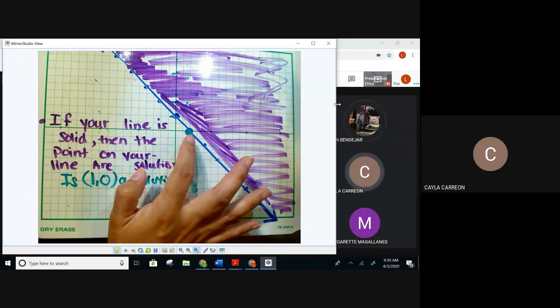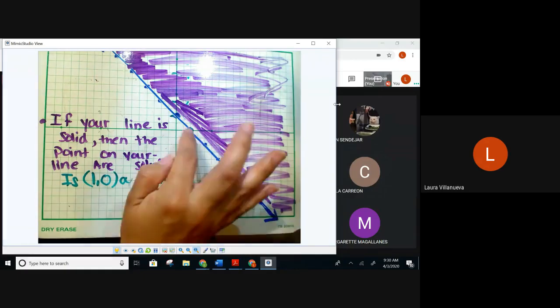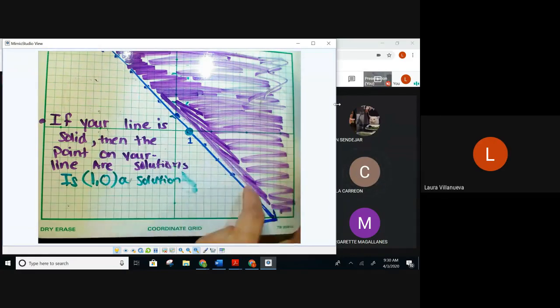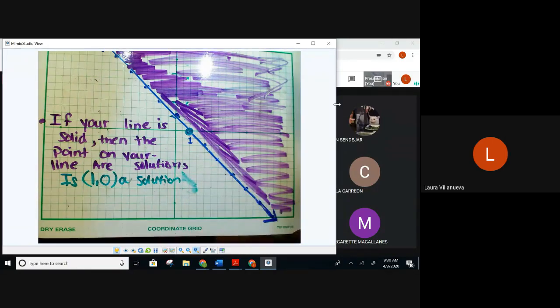If your point is on the line, we're talking about the points on the line itself. Like this one, this one, this one, this one. Those are part of your solution because the line is solid. So if the line's solid and not dotted, it's a solution. If the point lies on the line, it's going to be part of the solution, plus all the shaded area. Solid is